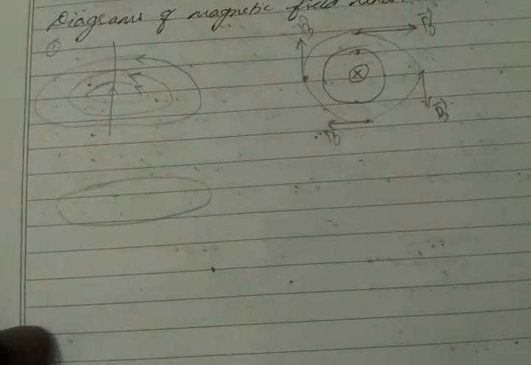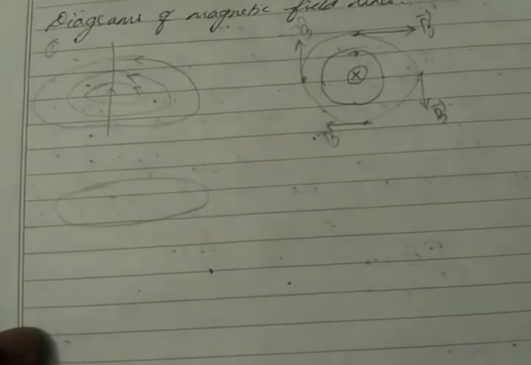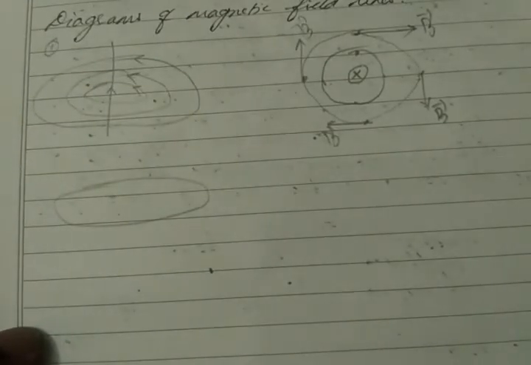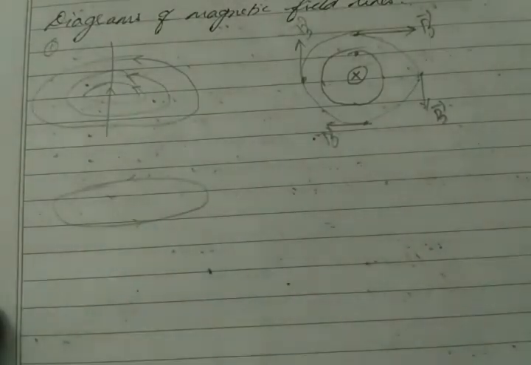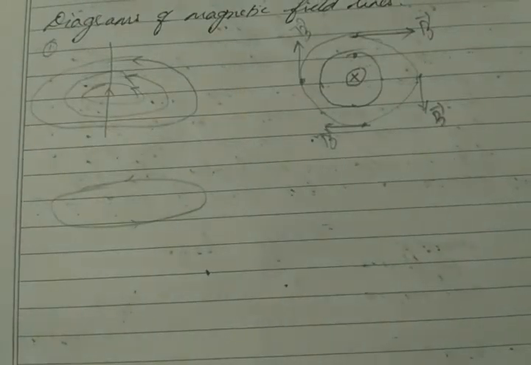A current carrying loop behaves as a magnet, right? We studied one separate topic. When current is flowing through this loop, for example in anti-clockwise direction, then this loop will behave as a magnet. If it is a magnet, then it should have two poles. Then which is the south pole, which is the north pole? How to find it? I will tell you one easy method to find the pole.